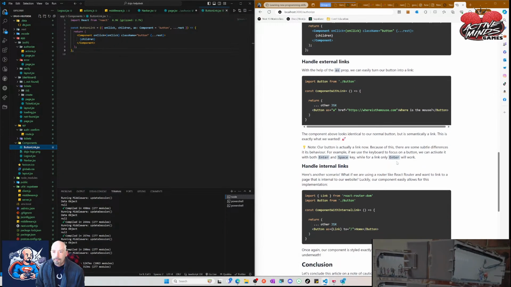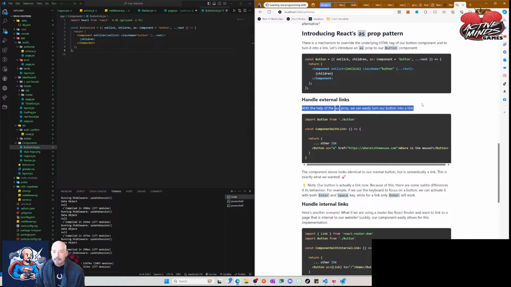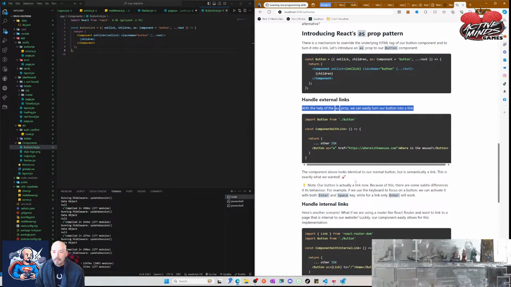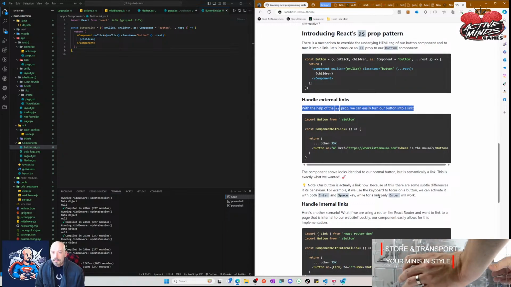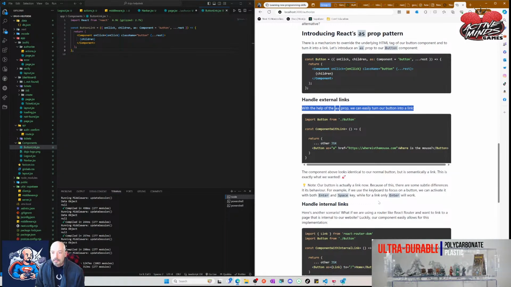Handles external links. With help of the as prop, we can easily turn our button into a link. The component above looks identical to our normal button, but it is semantically a link. This is exactly what we want. Now our button is actually a link. Because of this, there are some subtle differences in its behavior. For example, if we use the keyboard,